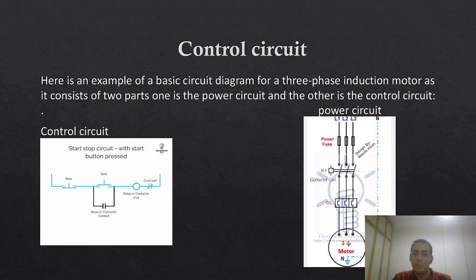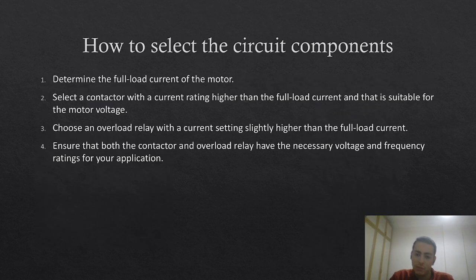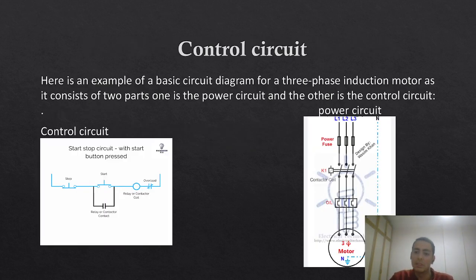Here is an example of a basic circuit diagram for a three-phase induction motor. We have two types of circuits, power circuit and control circuit. In the power circuit, we have a three-phase supply which is fed to the motor through a fuse or circuit breaker. The job of the fuse or circuit breaker is to protect our motor from high current,